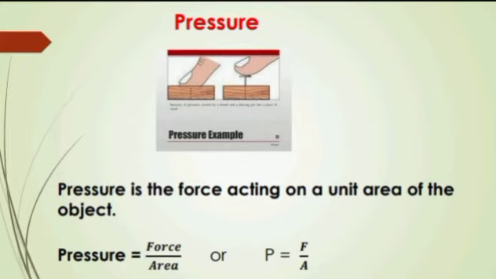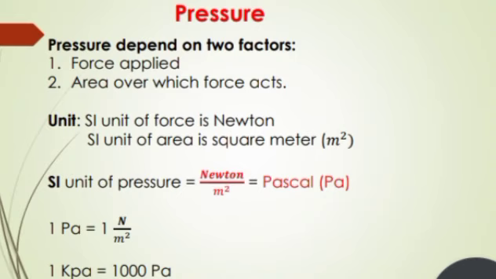Now let us explain the example. While we apply force on wood by thumb, the contact area is large, so pressure is less. And when we apply force on wood by thumb through the pin, then the contact area is the tip of the pin, which is very small, so here the pressure is large. So pressure is nothing but force, but it acts per unit area.